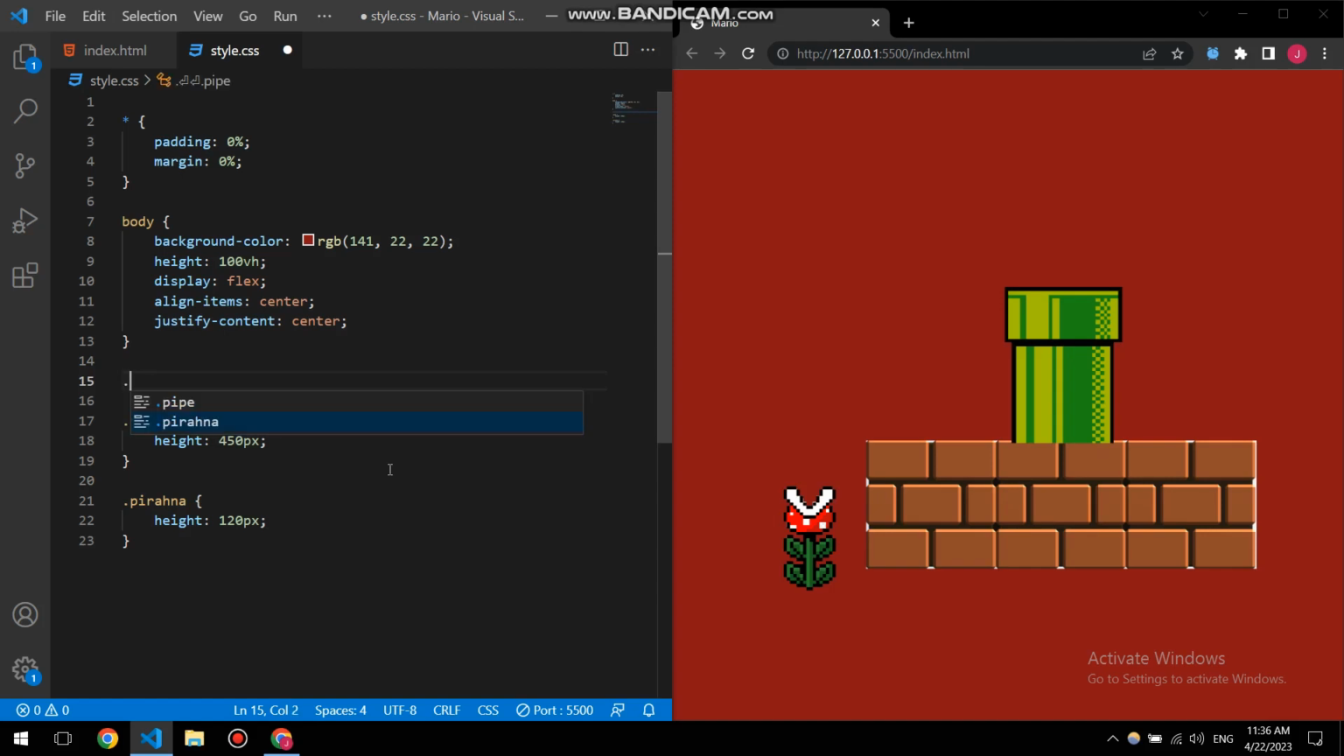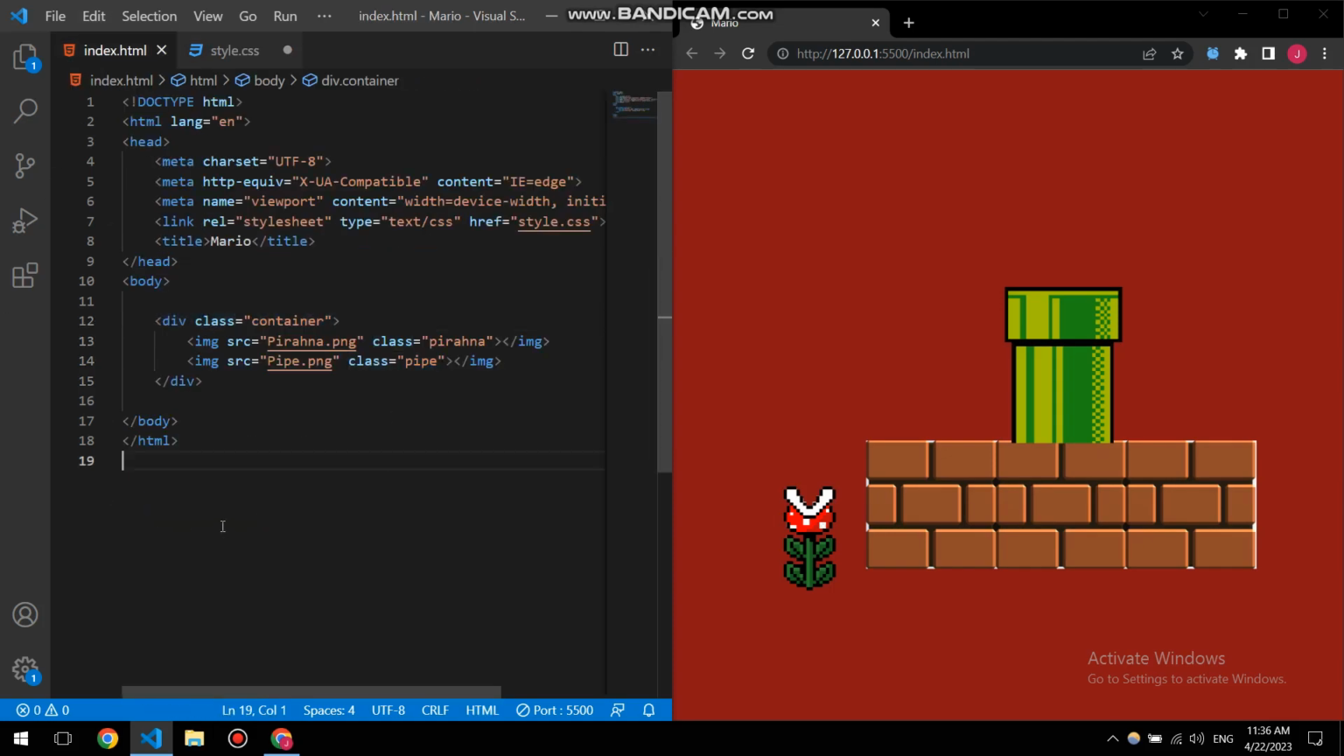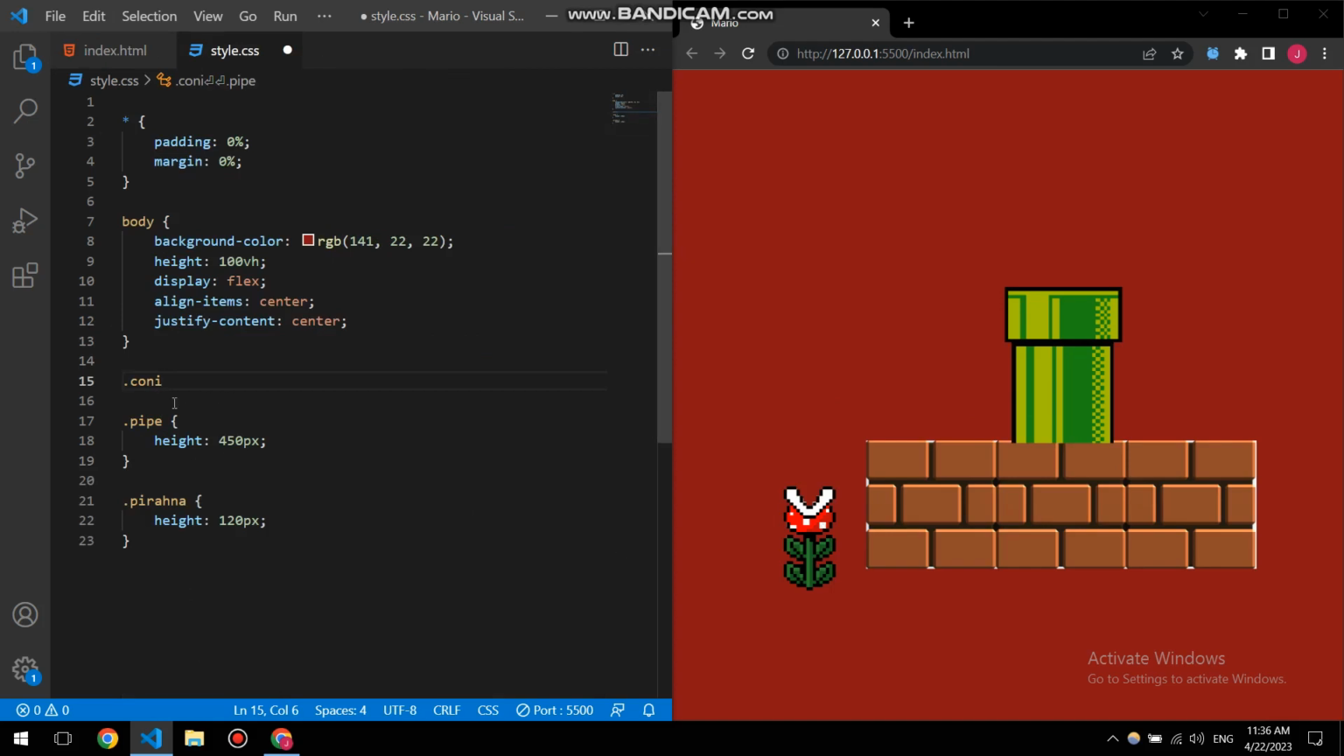So let me just start coding our container, which is this one right here, which has a class name of container. So basically main div has a class name of container, and the first image which has a class name of Piranha, and second one, this pipe, has a class name of pipe. Pretty direct naming convention. And container. Alright. Curly brackets. Alright, now I need to display flex and